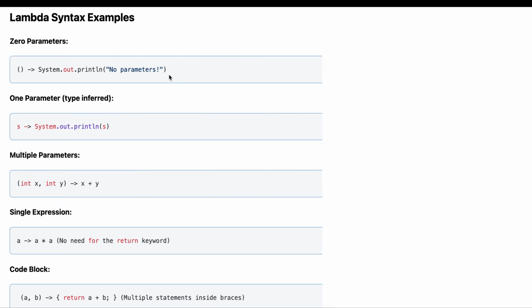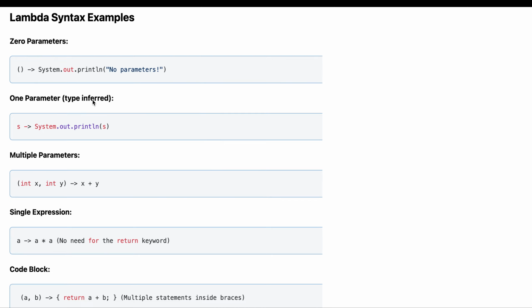Similar to the if block, if we don't have multiple statements inside the if block, Java allows us not to provide the curly braces. Similar to that, inside the lambda also, this is the body of the lambda. If you have one single statement, or you can say a simple one-expression piece of code, then we need not provide any curly braces. Second is like this. So this piece of code can be written like this also.